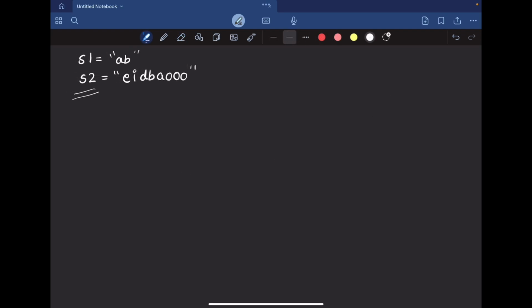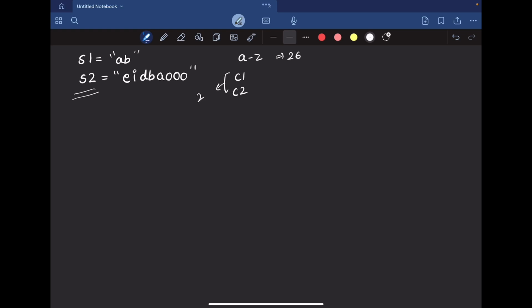In the question, it is given that the characters in S1 and S2 will be from small a to small z. That is, a total of 26 characters will be present in our strings. So for maintaining the frequency count of all the characters, we will create two vectors C1 and C2 of size 26.